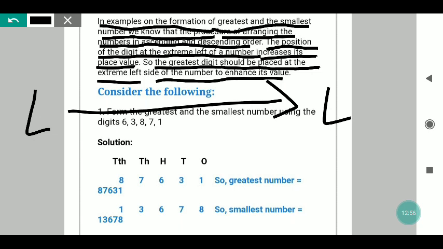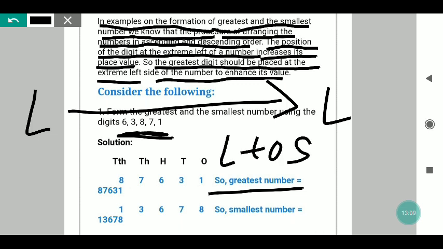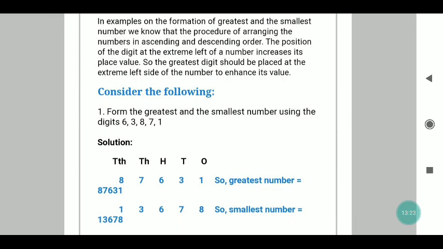Suppose, you can see there we dealt with a 4 digit number, here a 5 digit number is given. The same process is there. When we are forming the greatest, we are arranging from the largest to the smallest. When we have to form the smallest, we are arranging from the smallest to the largest. Easy? Yes. Go through this example and it will be easier. Okay, now the next term which we are going to do.